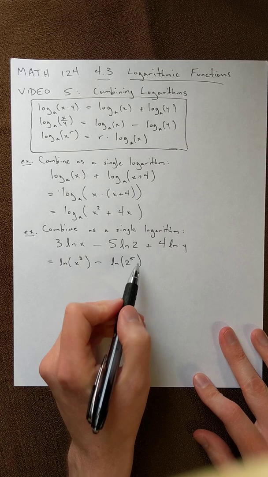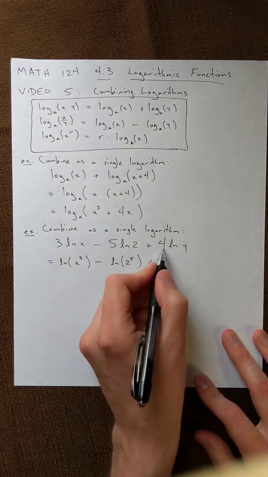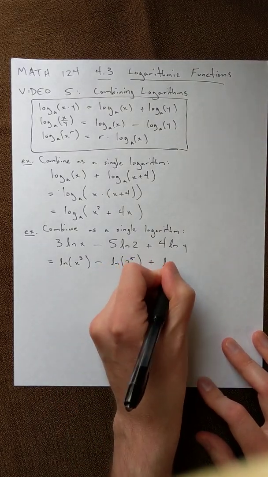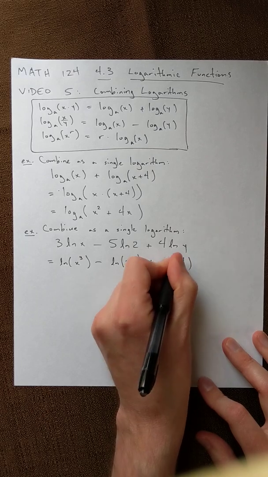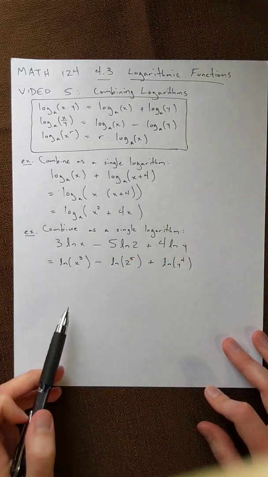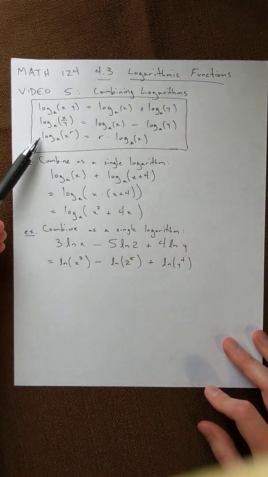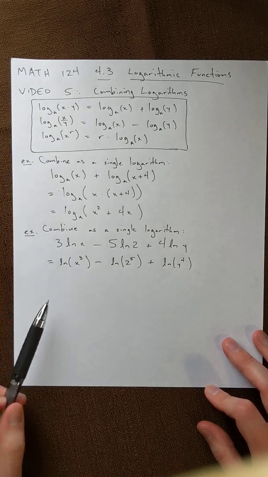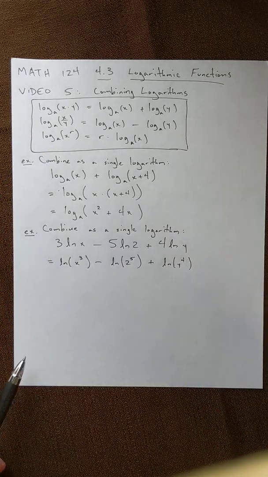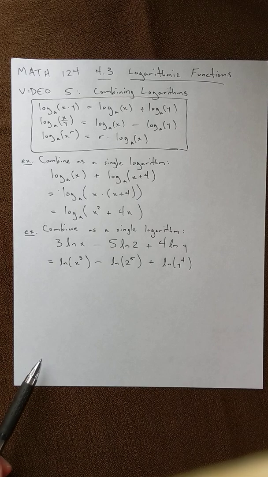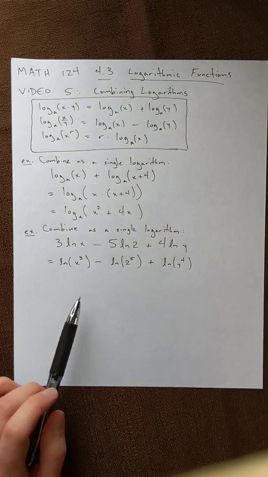The number up front is the exponent. So typically when we're trying to combine logarithms, we are going to be using this bottom rule first. If there's any coefficients, deal with them first. Okay, the next thing I want to do before I confuse myself here,